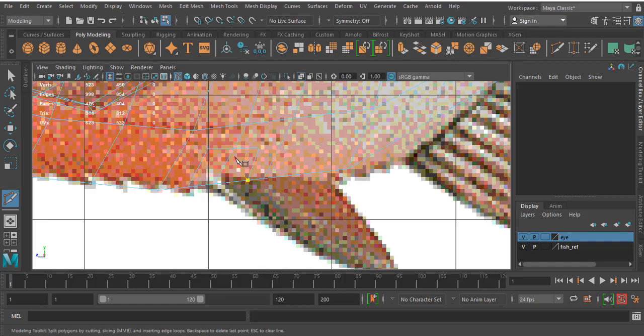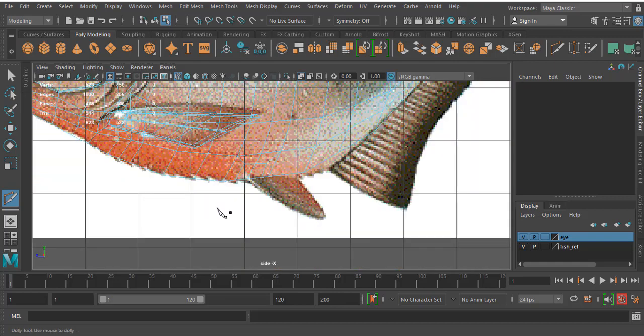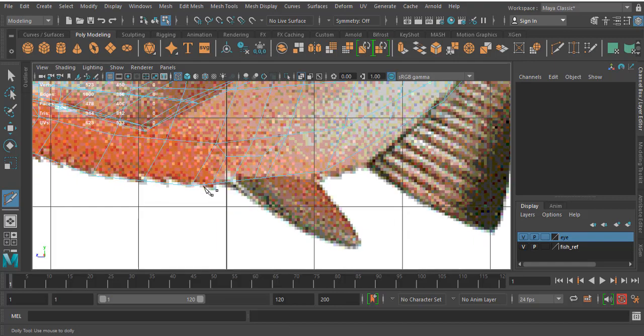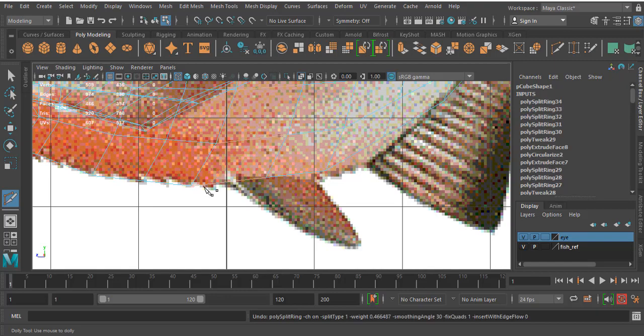Press Y for repeating. No, don't look good. Press insert edge loop, create one loop.